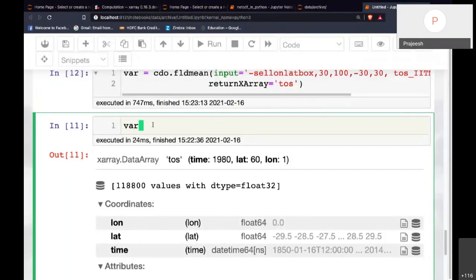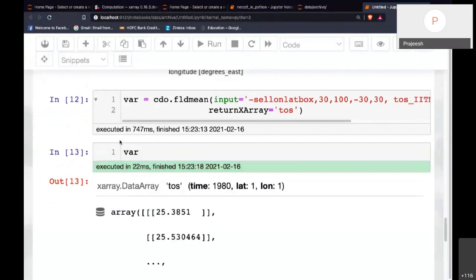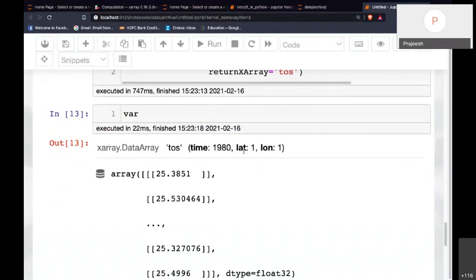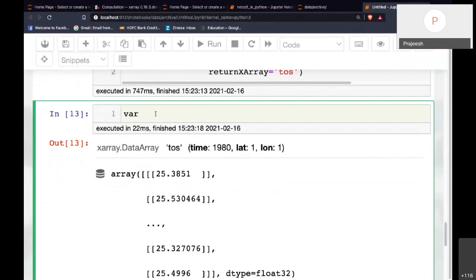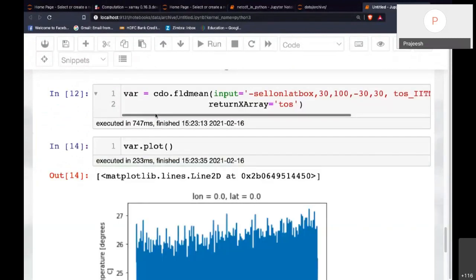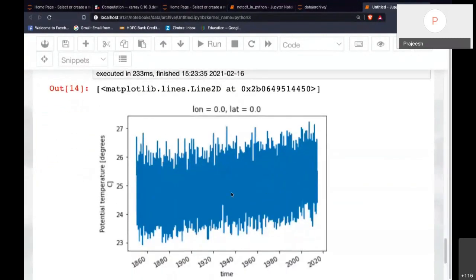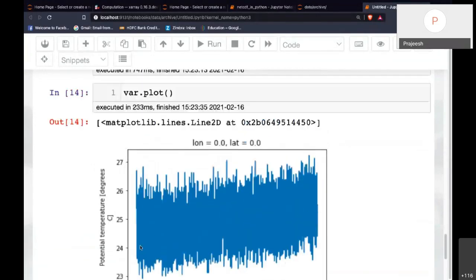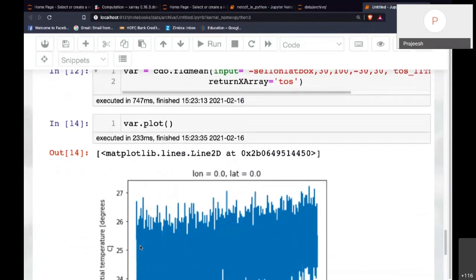Now if I try this, I can see the data is only spanning over time. You can also see it by plotting it. So this is just a time series. You can see the SST increase here, the trend.